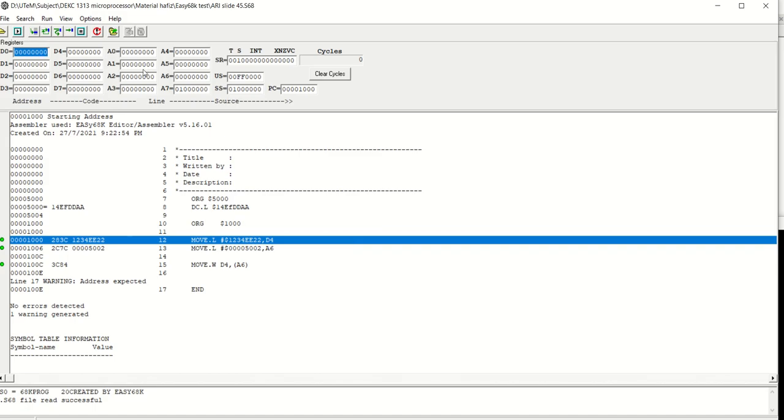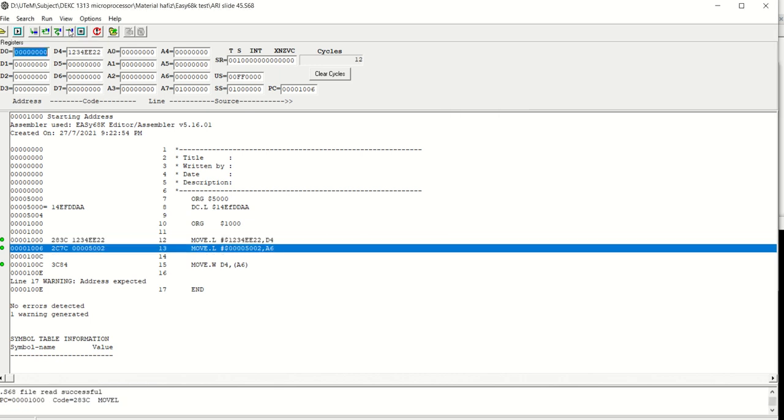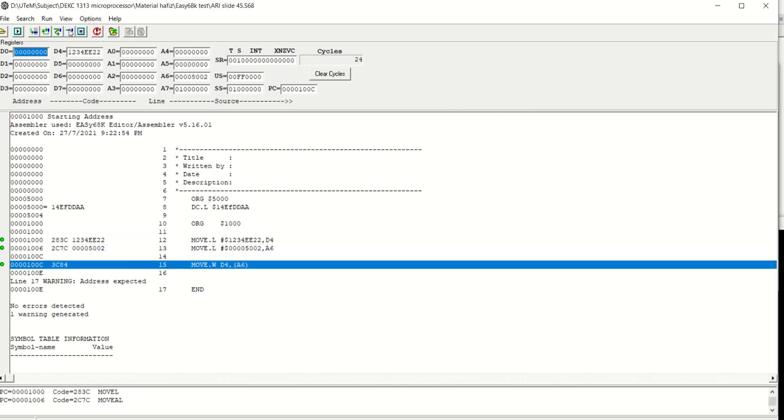First we view the memory. As we can see, the value is 14 EFDDAA, which you set here with dc.l 14 EFDDAA. The other lines just set the values of D4 and A6, and then move.w D4 transfers to the content of A6 in word size.